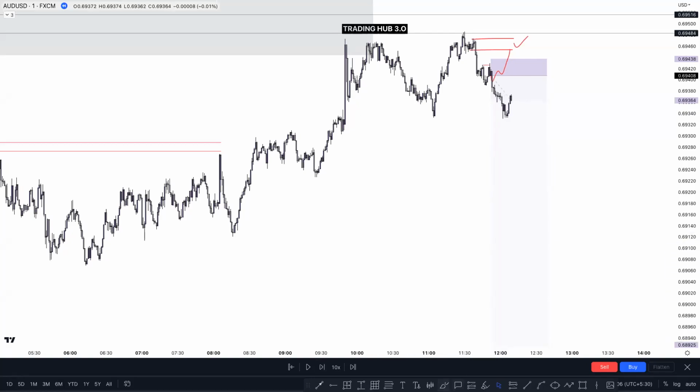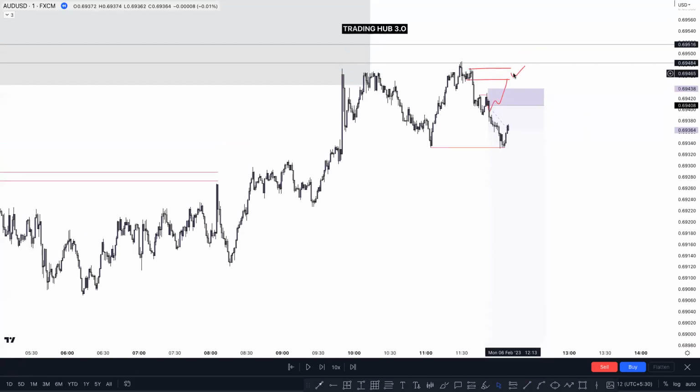All right, so this low is broken here, it just swept the low. So you can simply put your stop loss on break even, and in this case, you can take one more entry here if the market taps on your extreme order block, because this one is still valid for the sell,